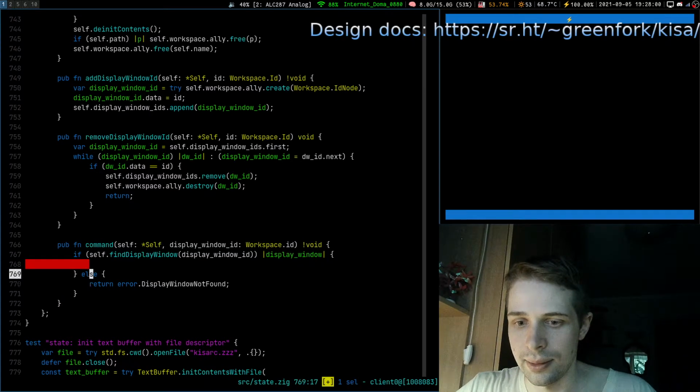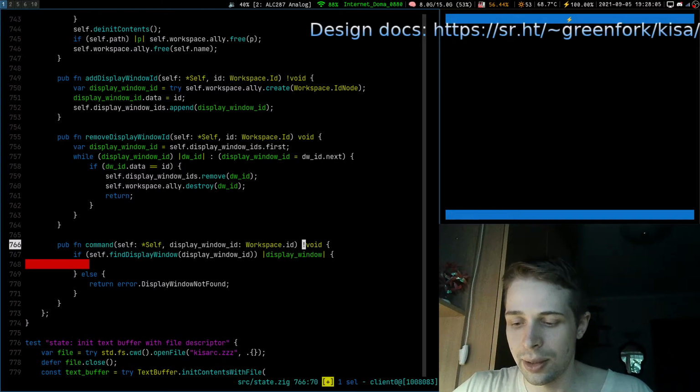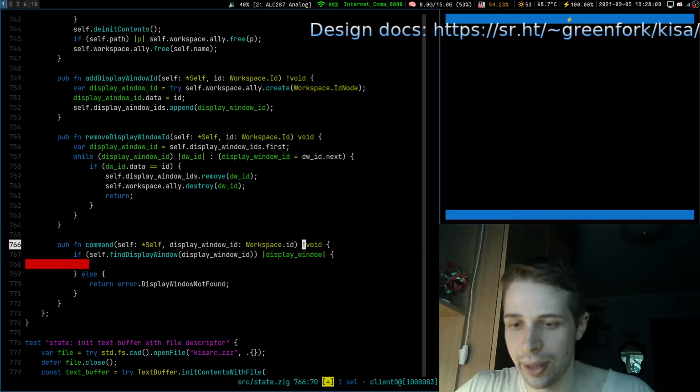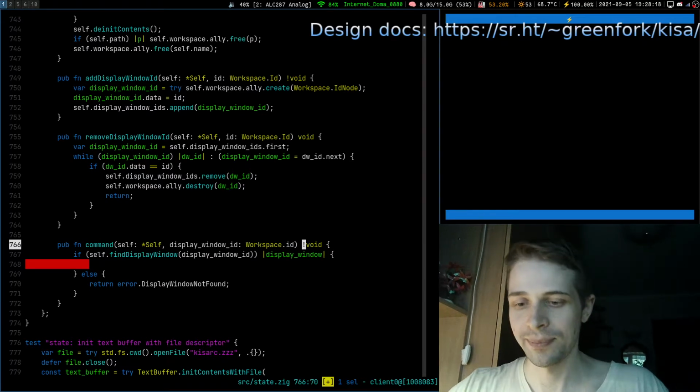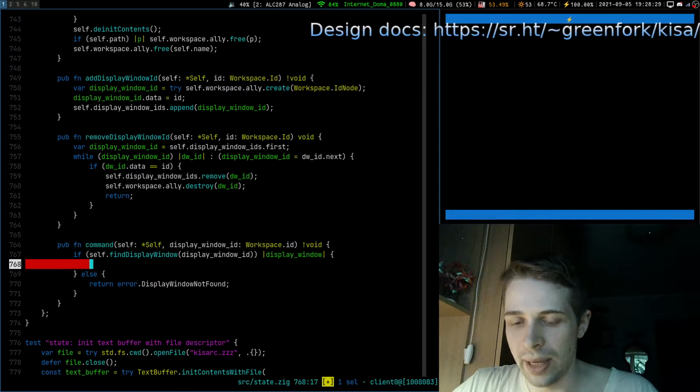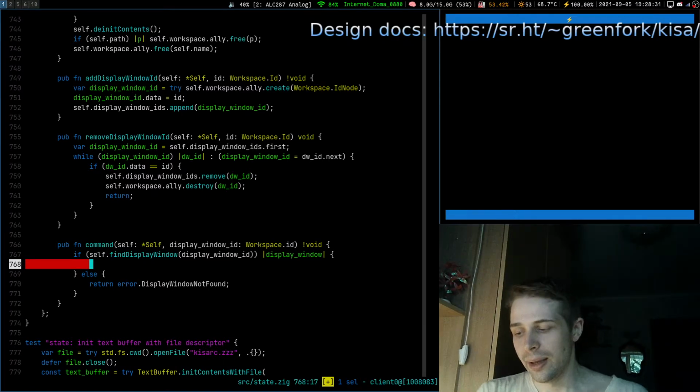This means catch any error that's going to be returned. This is the Zig way of doing error handling. A lot nicer than Go, and I believe it is somewhat similar to Rust, but I think it is even better than Rust. And we can now just do error, and probably we will do some requests where we can find display window. Yeah, I think it is very possible. For example,